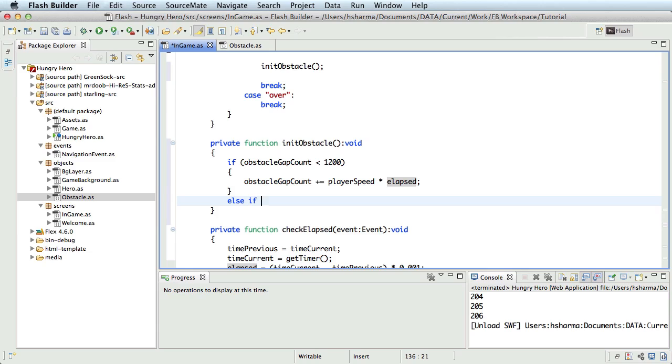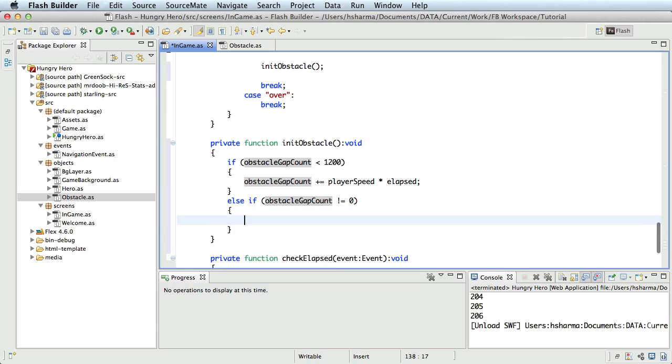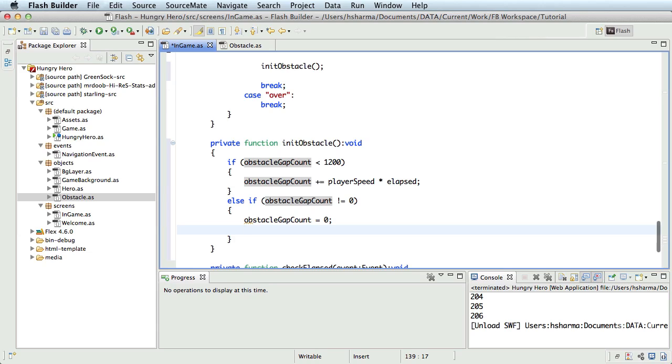Else, if obstacleGapCount is not equal to 0, obstacleGapCount is reset to 0 and we'll create a new obstacle by calling the createObstacle method, and this method will accept two values,